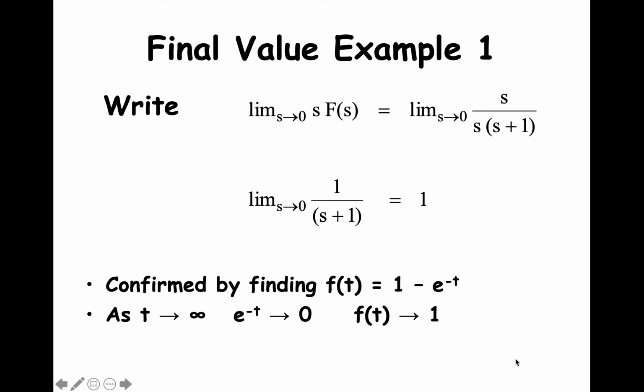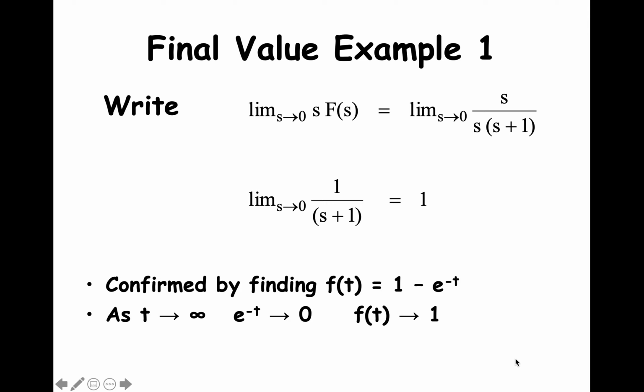The second step to find the final value using the final value theorem is to multiply the Laplace domain function by s. The expression becomes s over s times (s plus 1). This can be simplified as 1 over (s plus 1). When we take the limit as s approaches 0, the expression approaches 1 over 1. So using the final value theorem, we find that the time domain expression as time approaches infinity is going to be